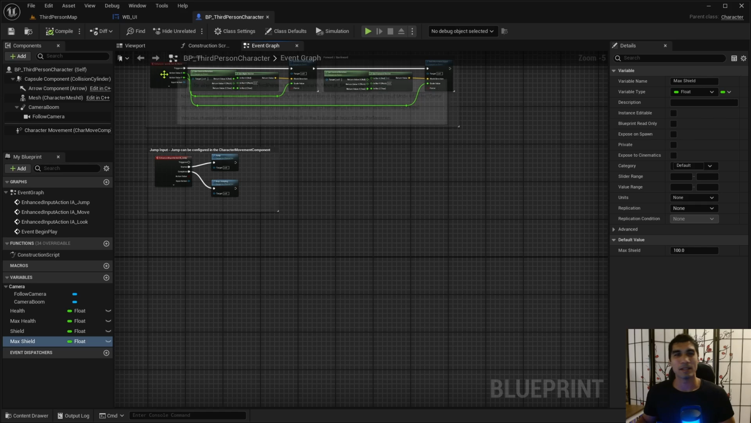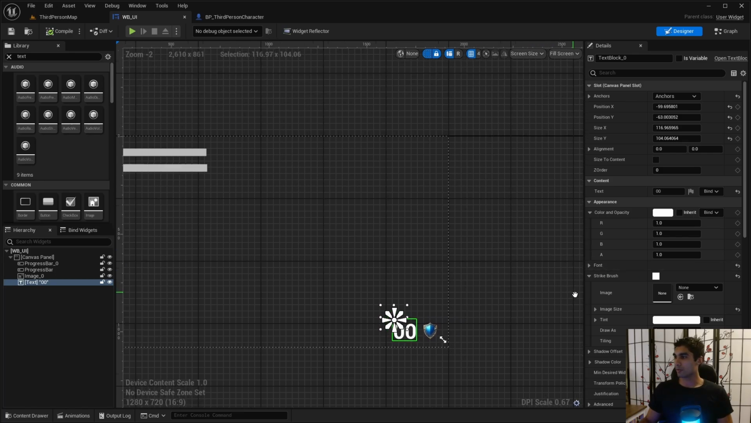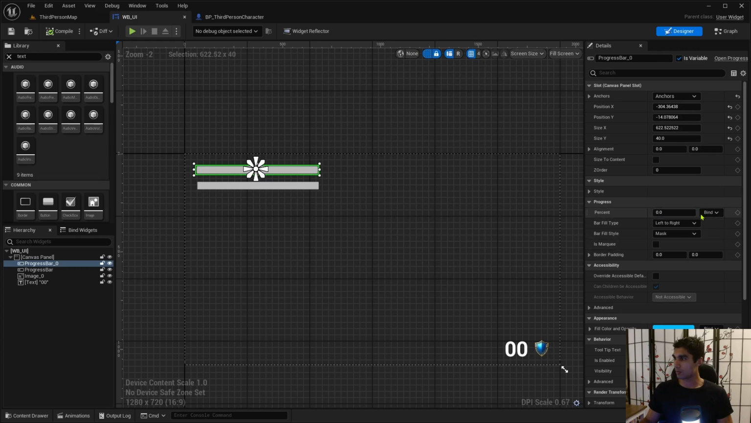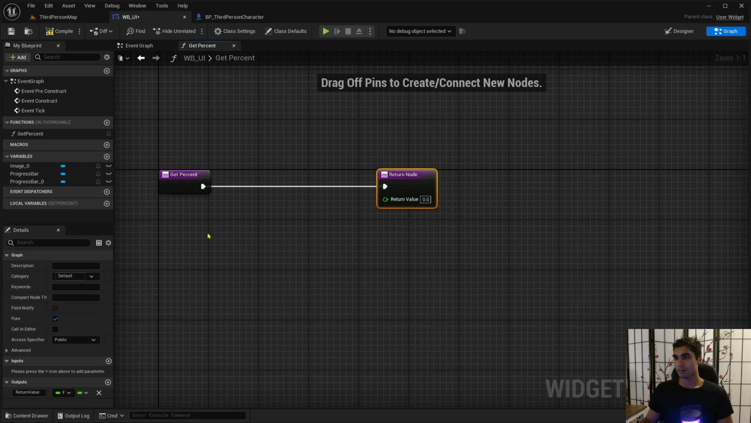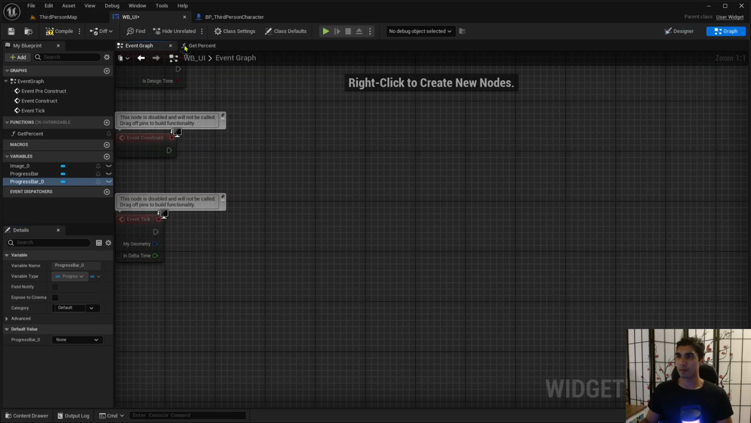Compile and save. And then we want to go back into our widget blueprint so we can start messing around with stuff. In this case, let's start off with the health bar because we're not actually going to do much with this besides create the initial setup for it. So let me just create this. And all it's going to be doing, let me go back to the designer, no, sorry, graph, and let me go to the event graph,